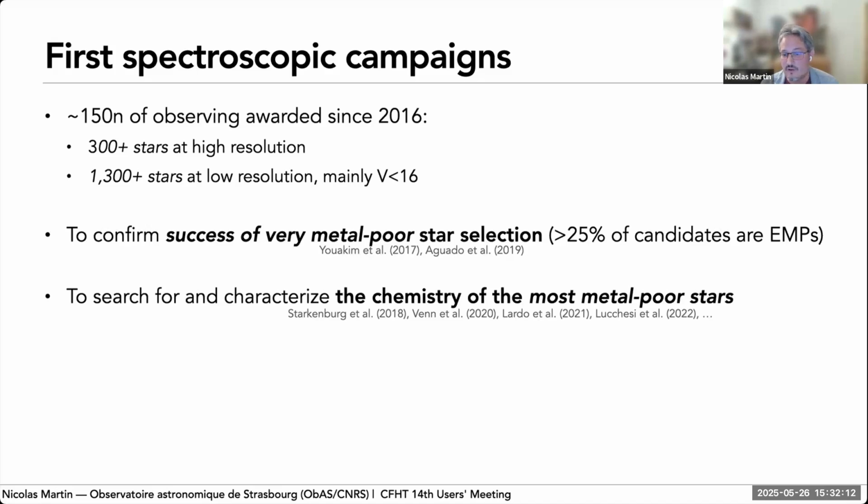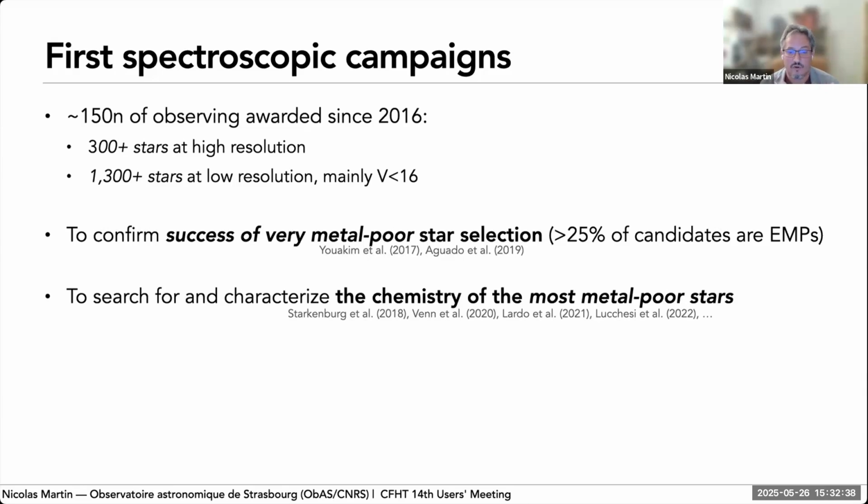We confirmed that about a quarter of the stars we think are below metallicity -3 actually really are below -3, which may seem like a small number, but the previous surveys were more like 3 to 5%. So this is significantly better. And the other real benefit of this technique is that 90% of the other stars, if not more, are actually below -2. So they're still interesting halo stars and not contaminants from the Milky Way disk and